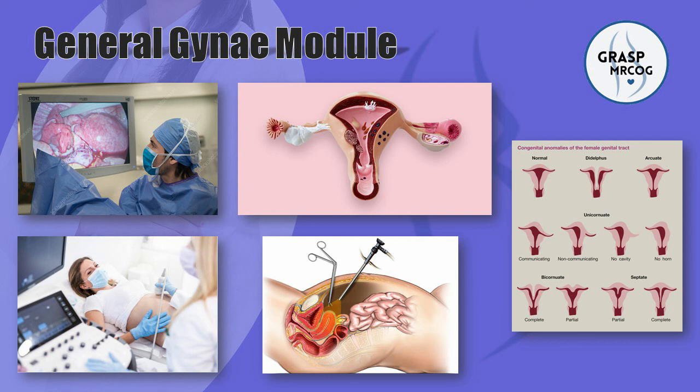For example, you can say that I can see that you're going through a very difficult time, and this problem is affecting your quality of life and your day-to-day routine and also your relationships. But don't worry, we are here to help you, and there are things that we can definitely do for you. So she will be reassured a little bit.